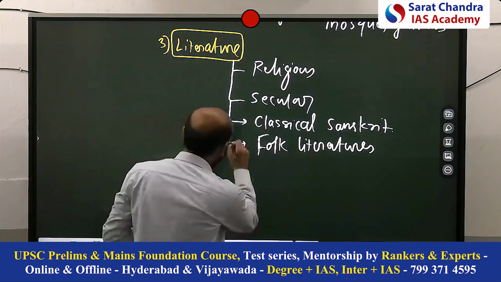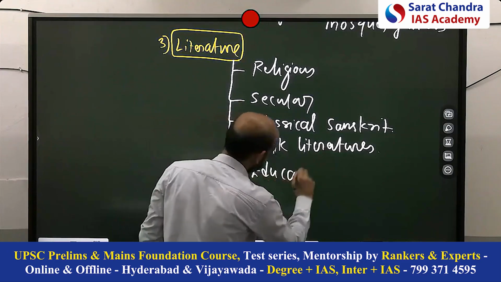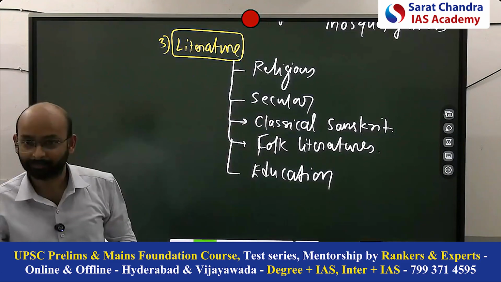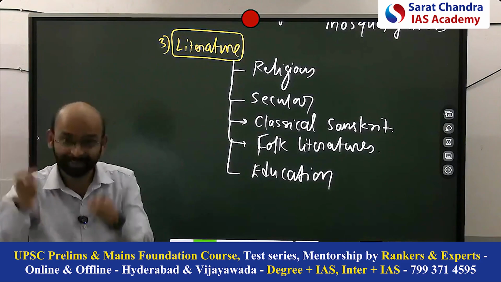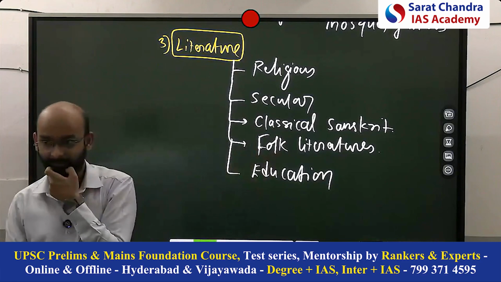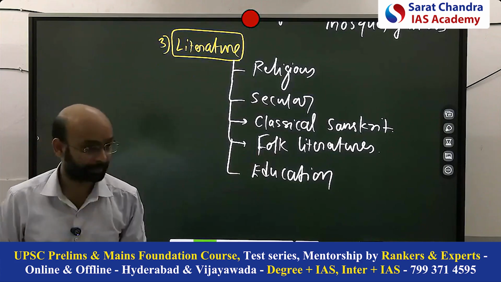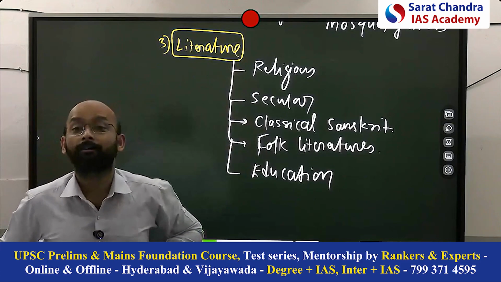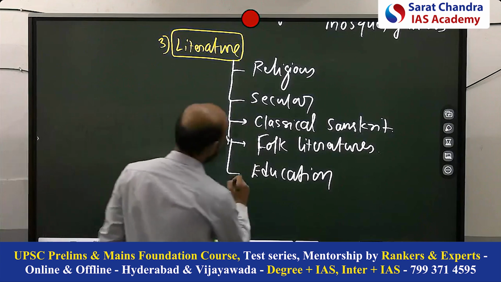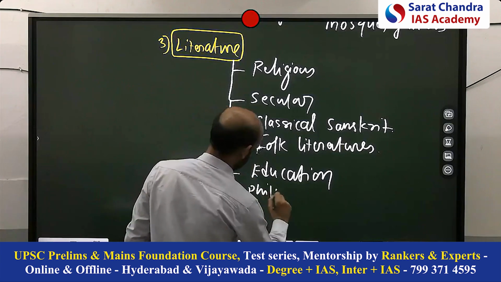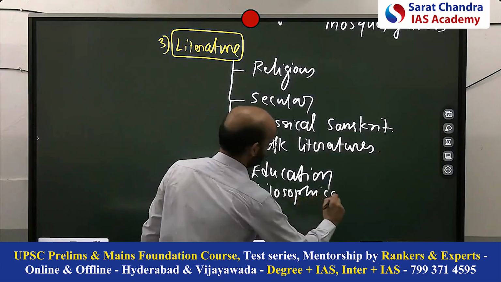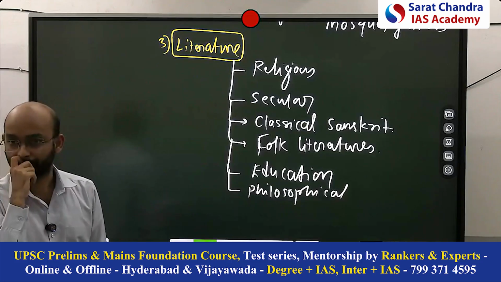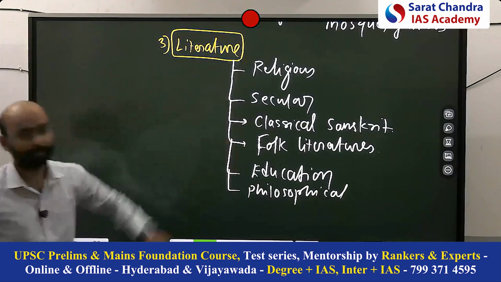There are some educational literature, isn't it? Like Surya Siddhanta and Aryabhatiya. These are the educational literature. So Siddhanta, all these things. We can bring 5 points for religion also. Philosophical, yes. For example, Tolkappiyam. He wrote that book, no? That is more of a moral code. Philosophies are there. Okay, so that way you can classify the literature.